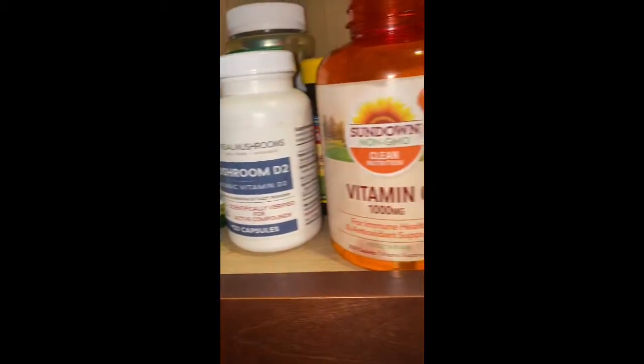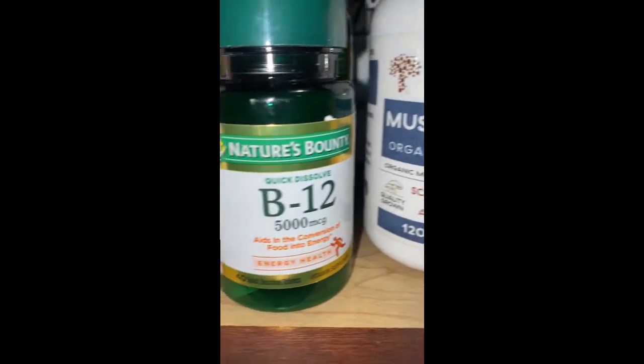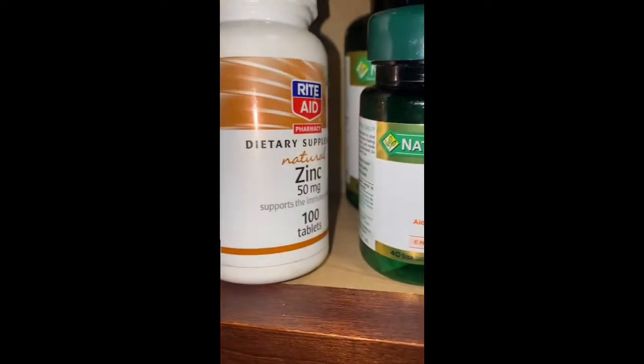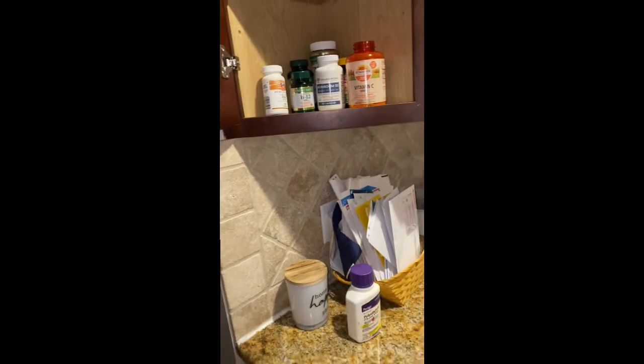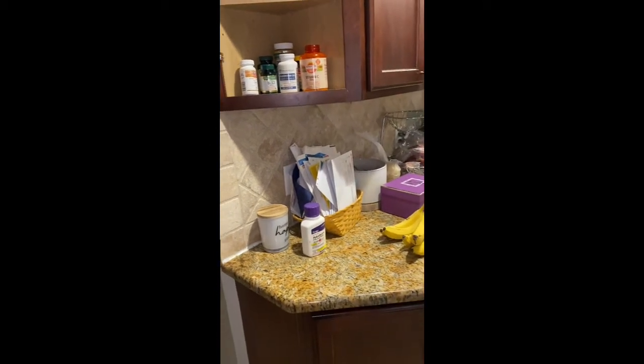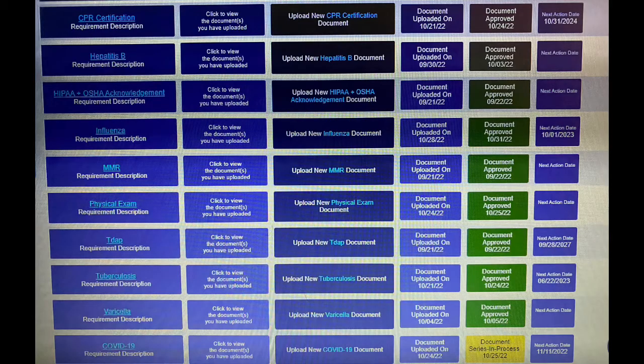So I pretty much just took vitamin C, vitamin D, zinc, and magnesium, and B12, just in case I have some issues with the COVID vaccination. I've been taking these vitamins daily for the past couple of years, but I actually made sure that I took them again 30 days prior to me getting vaccinated for the flu and for COVID vaccinations, because I was afraid to have a weak immune system or having some issues with the vaccination. So I just took vitamins just to make myself feel like I'm going to be okay. So I don't know if it worked or not, but